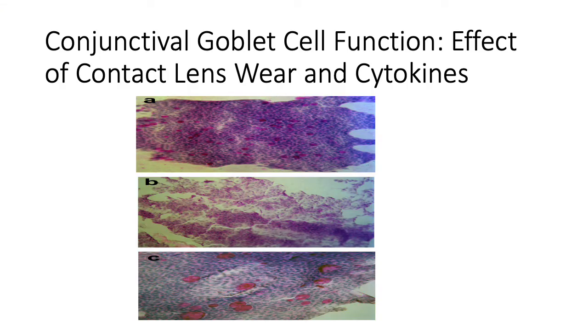So a study that I found was the conjunctival goblet cell function, effective contact lens wearers, and cytokines. So the main aspect of the study would be looking at the goblet cells and their connection to the eyes. And so goblet cells have been studied in several diseases due to their mucin secreting capacity. It is known that the number of cells is lower in dry eye diseases, and higher goblet cell densities are